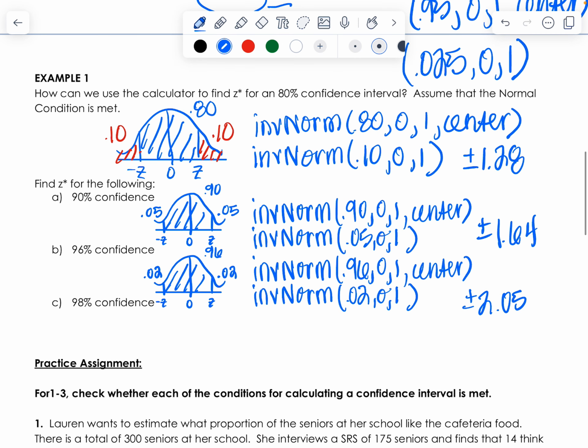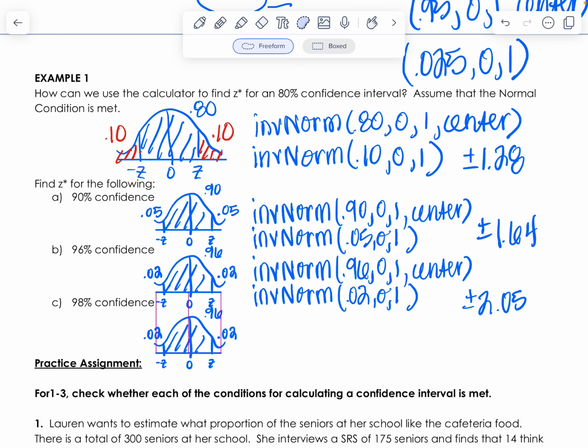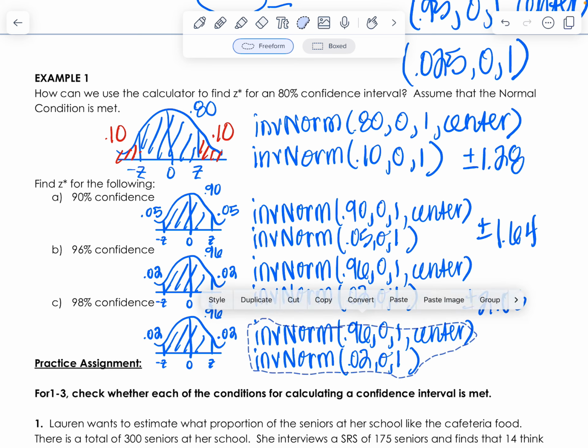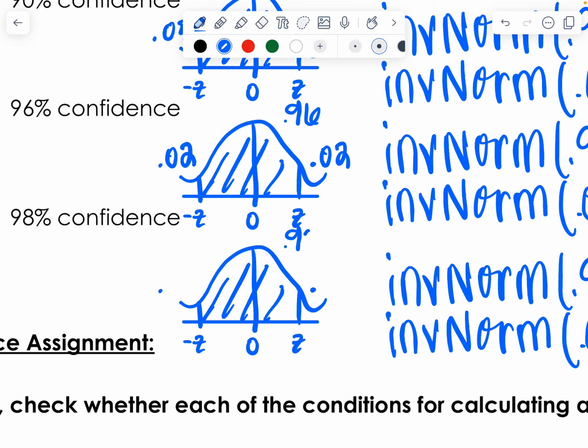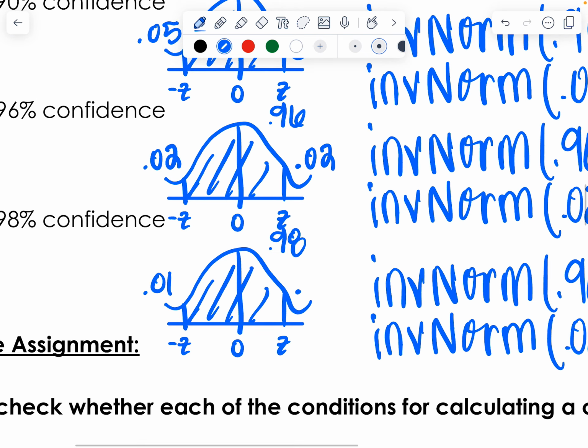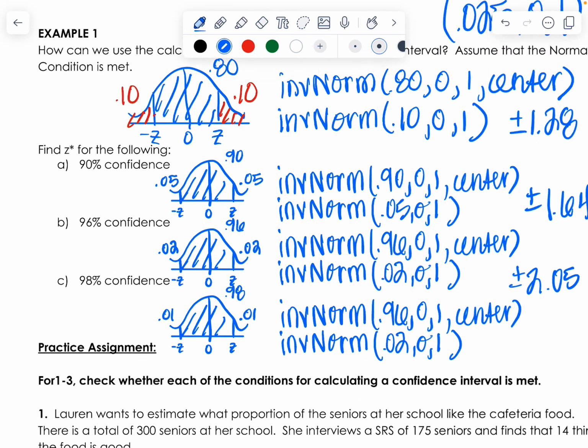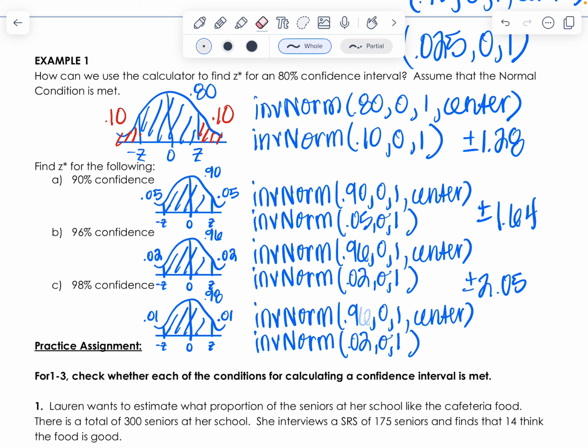And then last but not least, 98%. Okay. So in a 98% confidence interval, we've got 98% in the middle. So we have 2% total on either side, which is 0.01 and 0.01, 1%. So then here,